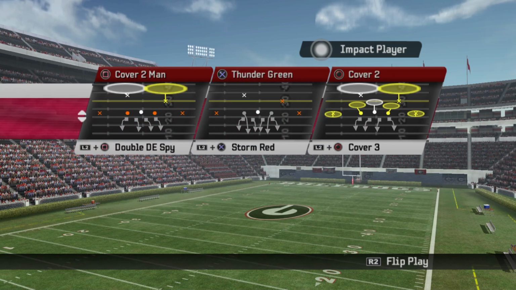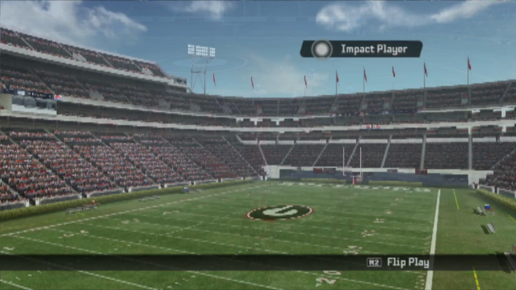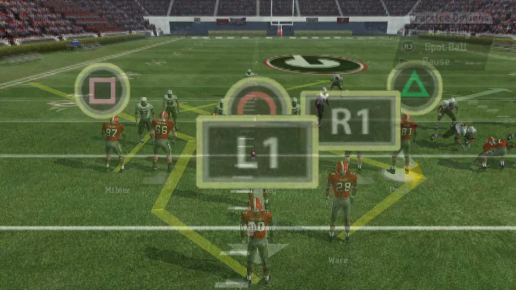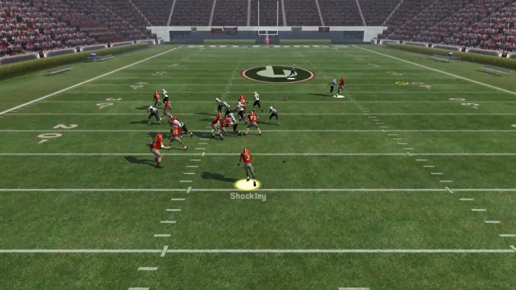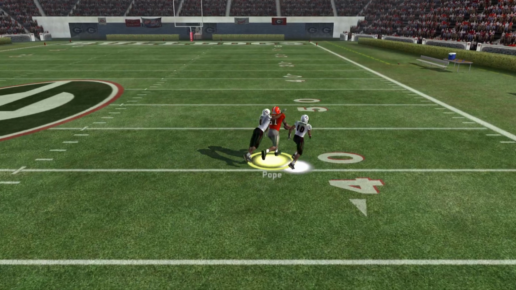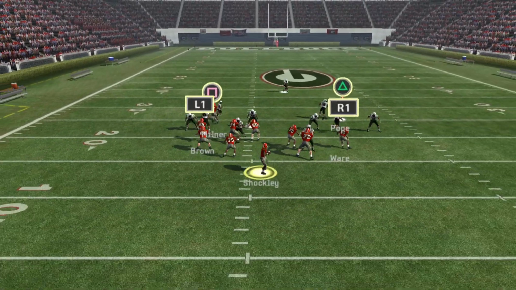I may want to do this as, I don't know, maybe a cover 1 situation. We'll put this on the left hash. I don't see a whole lot of options here. Again, that's a double team. I mean, he caught the ball. If you do a cover 1 here,